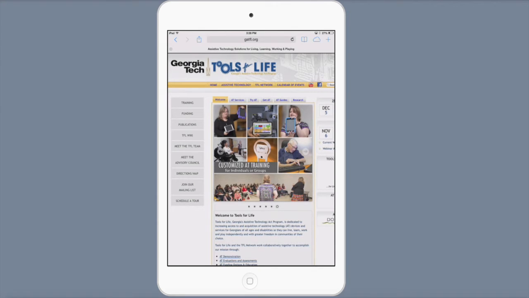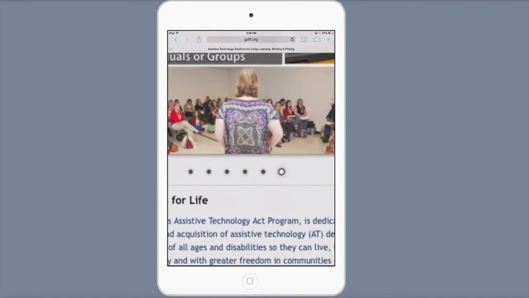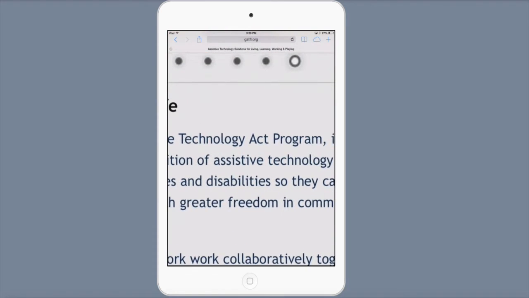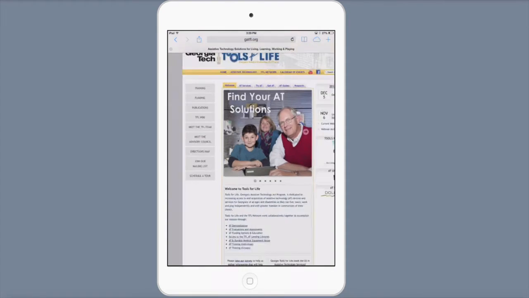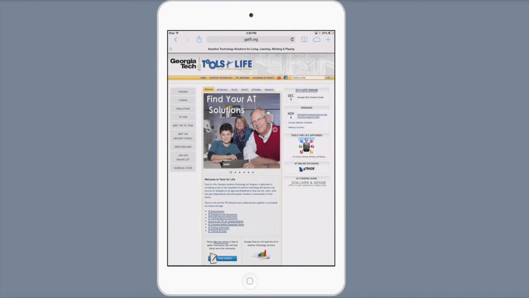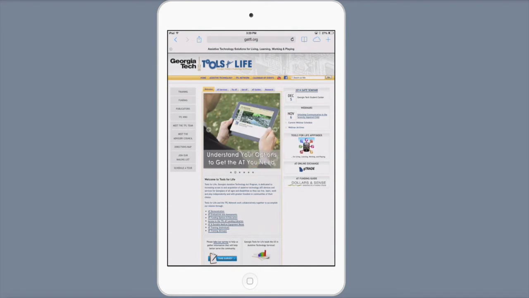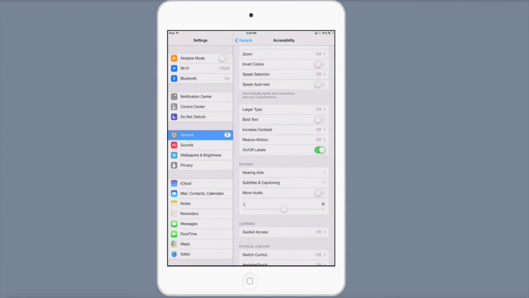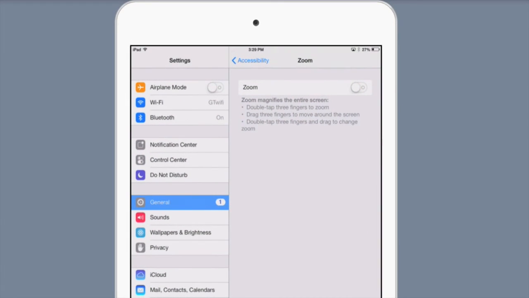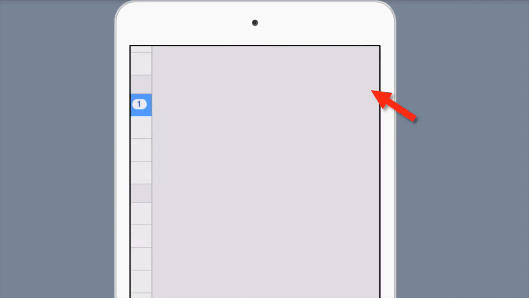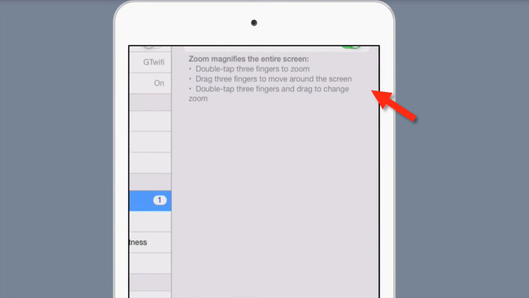You may already know in an iPad or the iPad mini or the iPod Touch, you can simply zoom by pinching your fingers out. But within the accessibility feature, there is also an extra zoom that allows you to zoom up to 500% more. To get there, you simply click on Zoom underneath the accessibility features. By simply double tapping 3 fingers, it magnifies 500%, and then using your 3 fingers you can maneuver all the way around the screen.